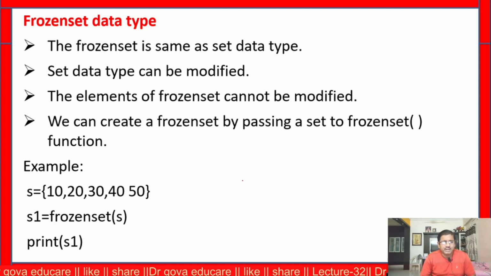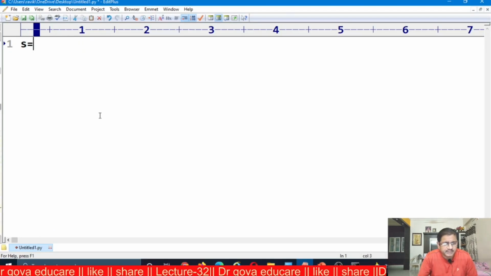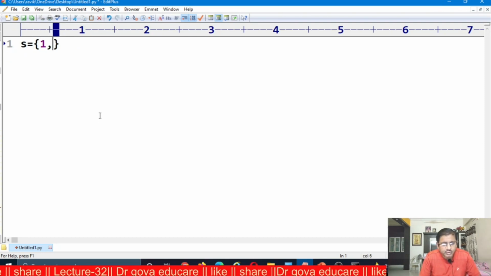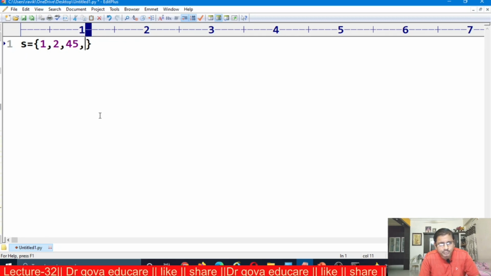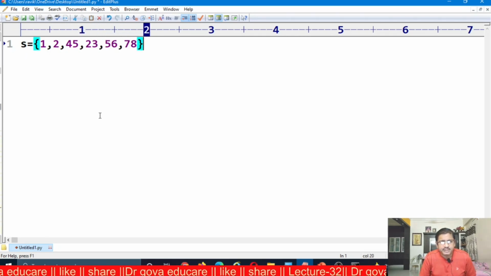This is the example. S is equal to 10, 20, 30, 40, 50. S1 is equal to frozenset of S. Print S1.